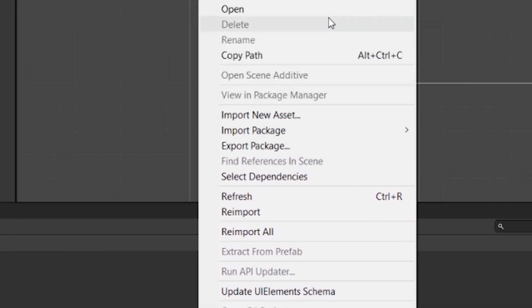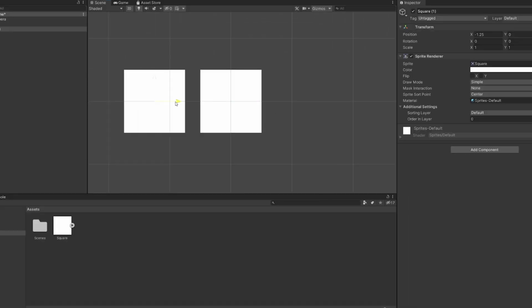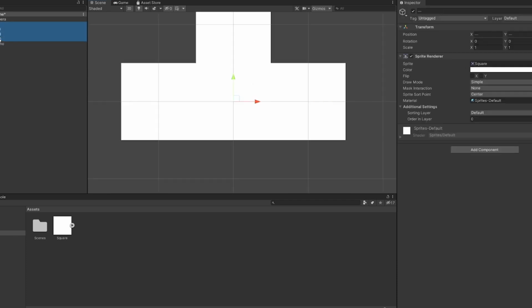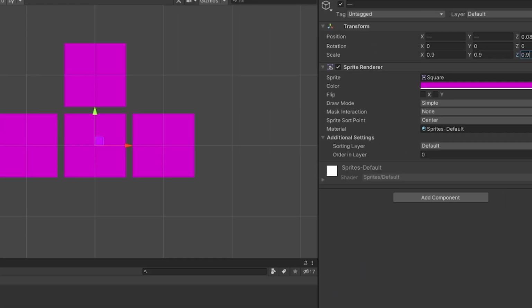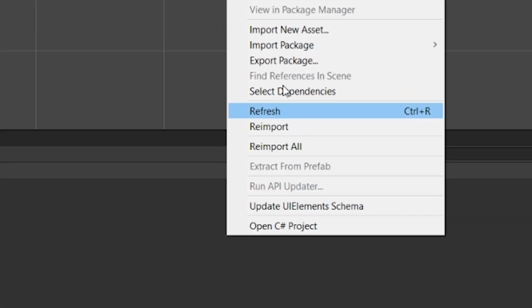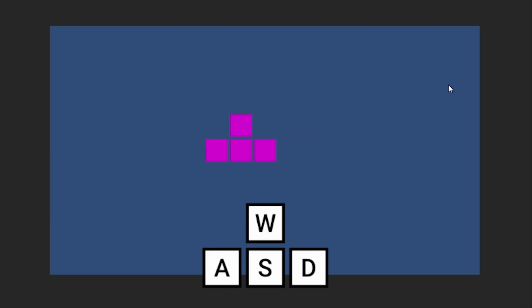I'm going to make a square sprite that I can use to make all of the tetrominoes. The first one I'm going to make is the pink T tetromino, and to make the squares more distinct I'm just going to put the scale to 0.9 and you can see there's gaps now. We've got to make the piece move now, so we're going to add a script to it so that if we tap left or right then it will move left or right, but it's not dropping, so the next step